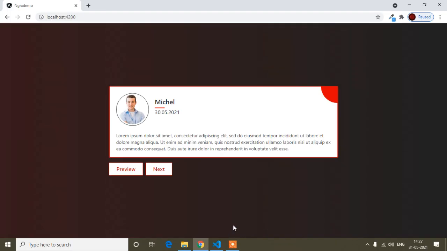Hello guys, welcome to this video. In this Angular tutorial I will show you how you can make this type of vertical slider. Here you can see this is the testimonial slider, but after using this functionality you can make any kind of slider. I have written all the code as custom code, and I will try to explain it in a very easy way. After watching this video you can make this type of custom slider, and I hope you will enjoy this video.